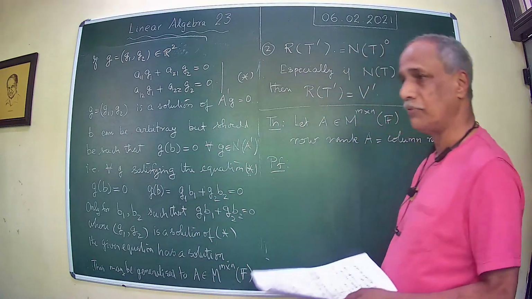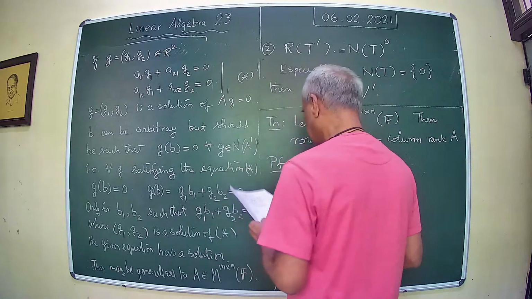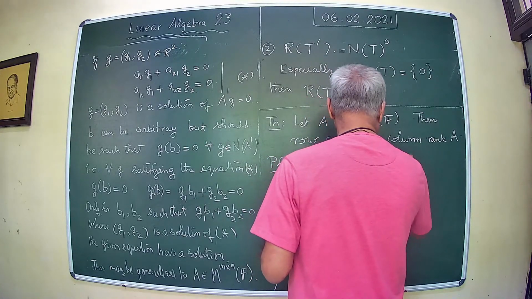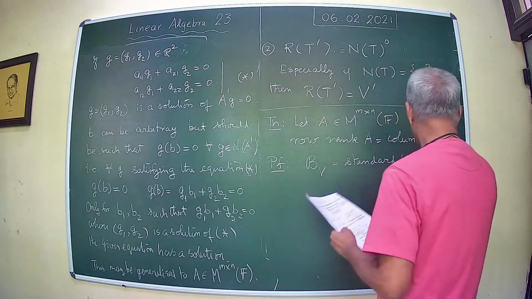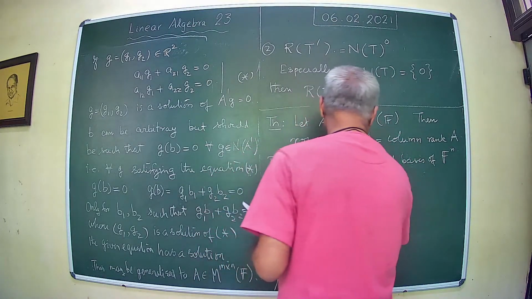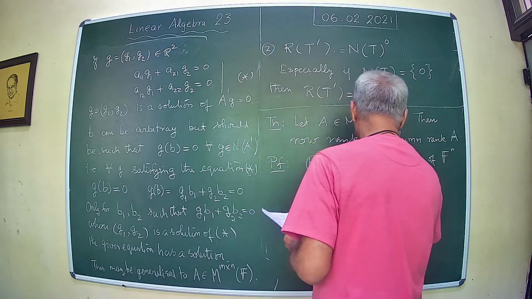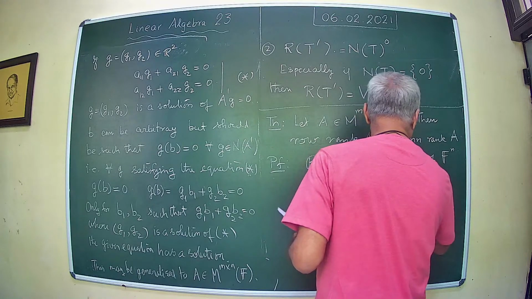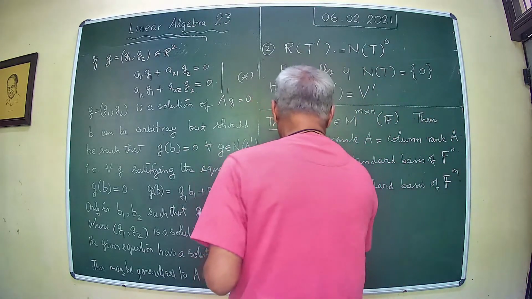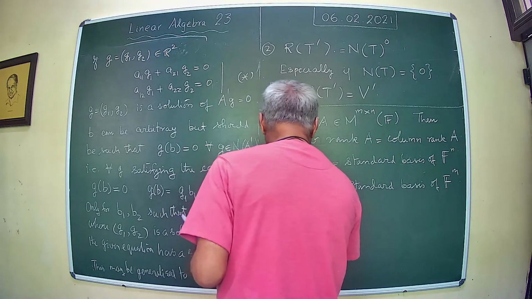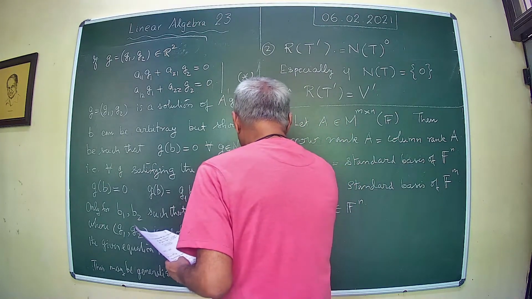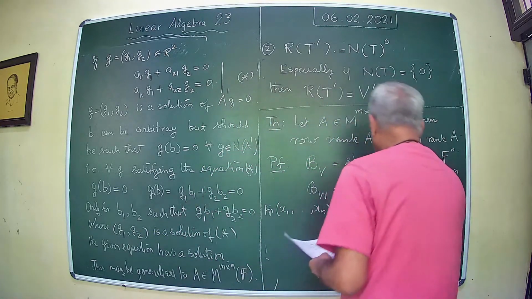The proof is, what we do is, we choose the standard bases, and now we define, for x1, x2, etc., xn belonging to Fn, define